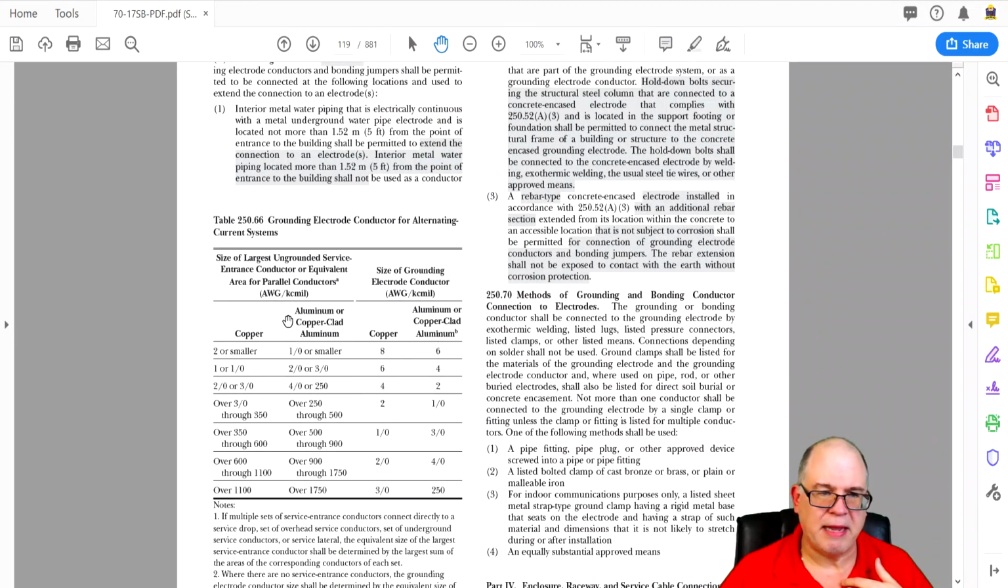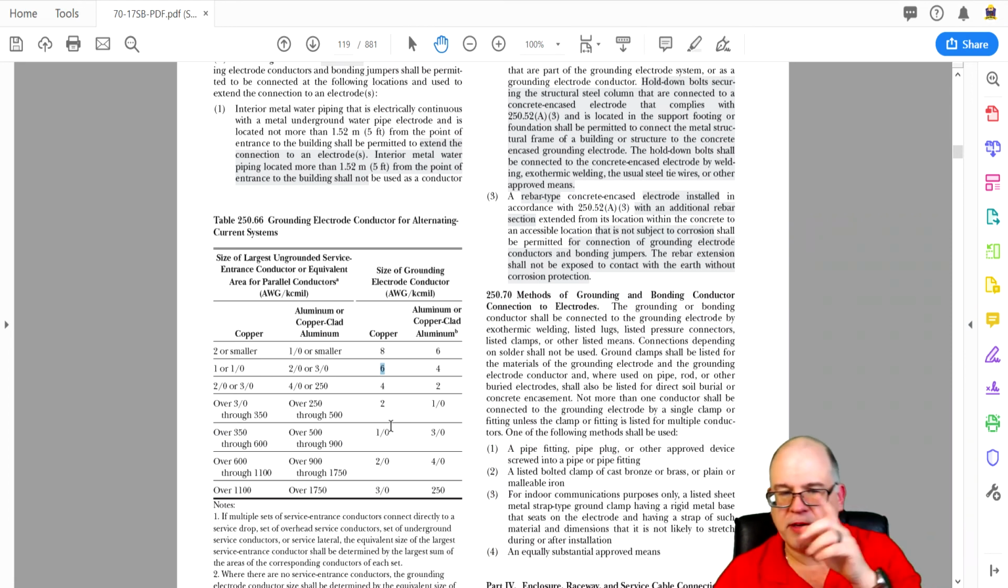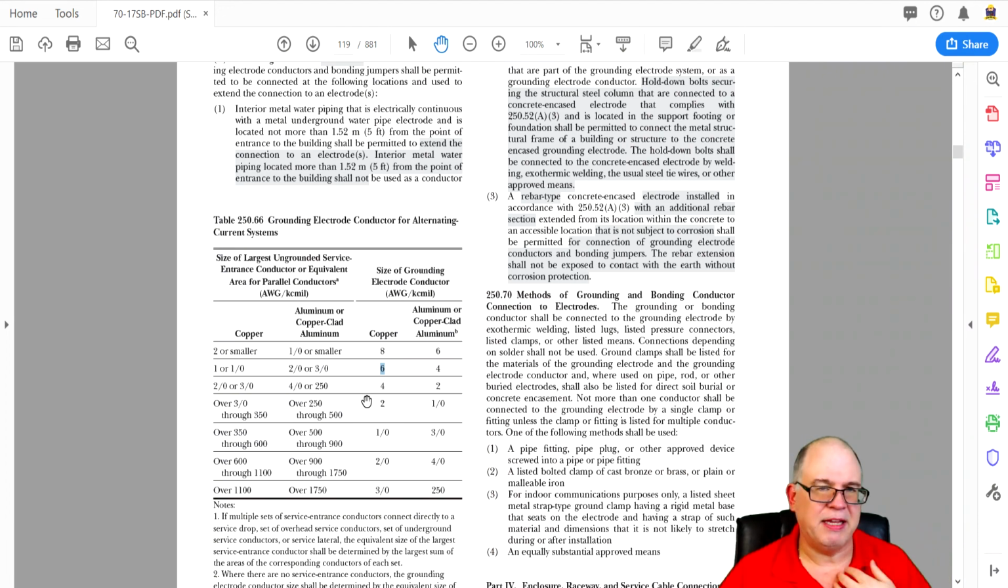Now again, this table is based on the size of the largest ungrounded service entrance conductor. In our case, it was a 1 gauge. We're going to use copper. So right here is a 1. So it tells me it has to be a 6. So that is a conductor that goes from the panel down to the grounding electrode. And that is called a grounding electrode conductor. And it has to be at least 6 gauge copper based on this right here,